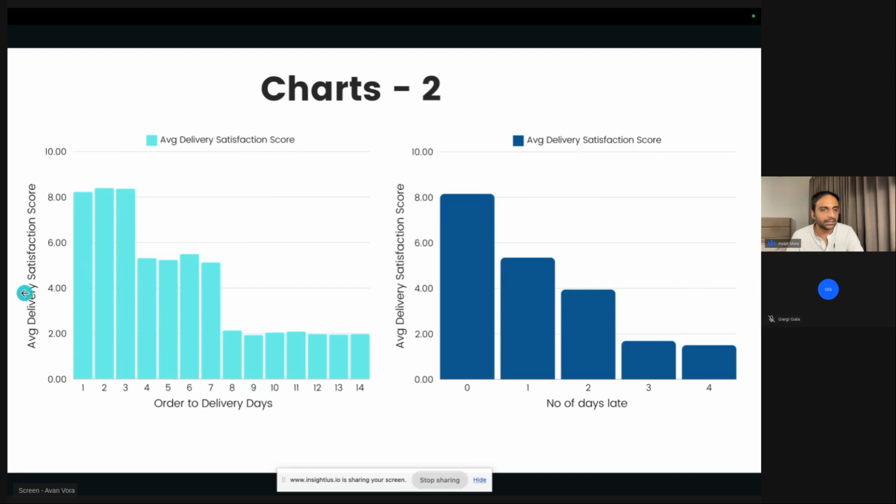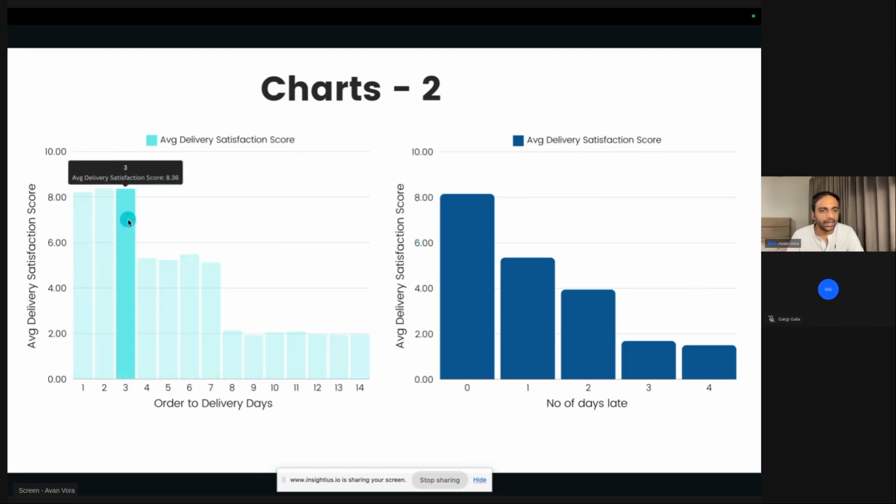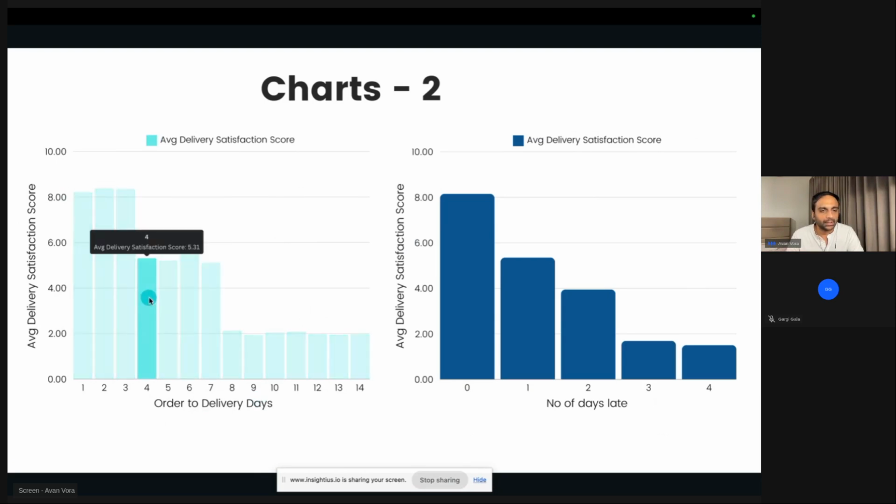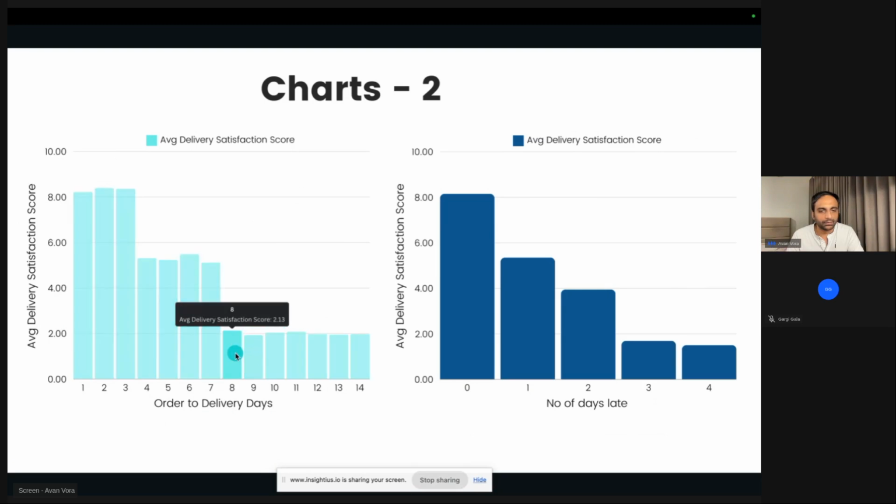On the y axis is the average delivery satisfaction score. What do you see here? Yeah, longer it takes to deliver, lower the satisfaction score. Reducing, perfect. It's obvious, right? I think you see here at 3 days, the score is about 8, 8.36. Between 4 to 7 days is about 5, and then it takes a nosedive, right, to 2.